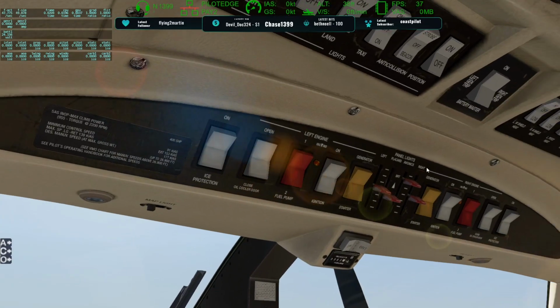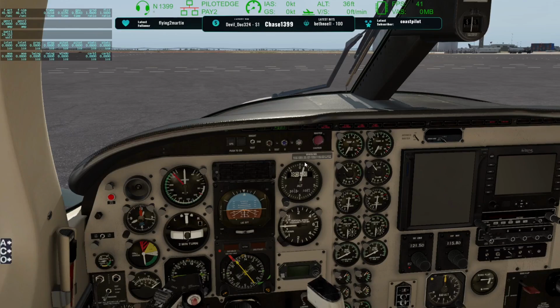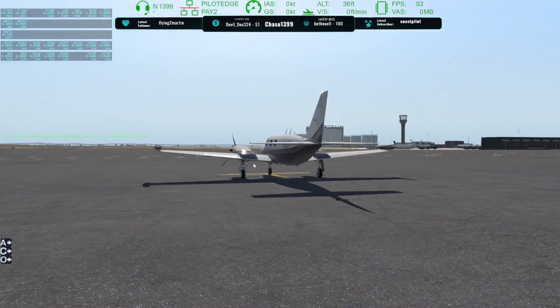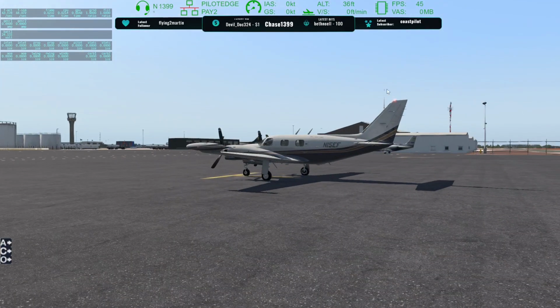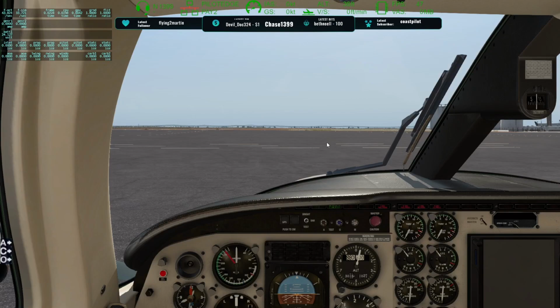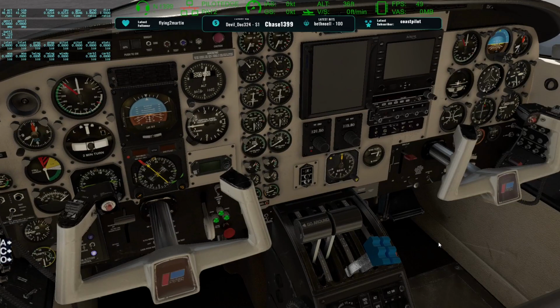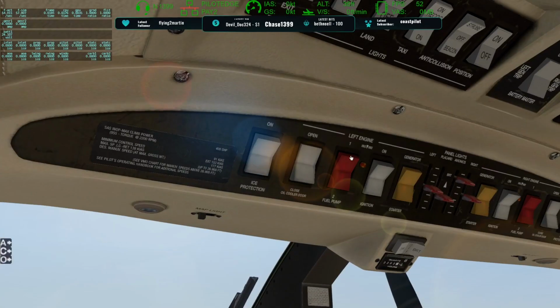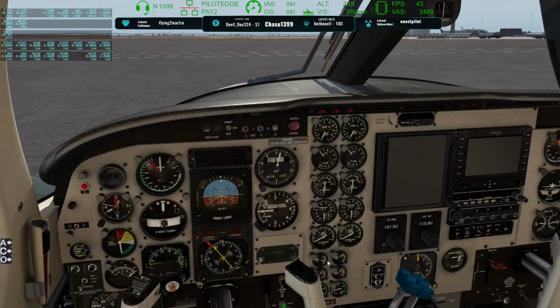Oil cooler doors open. Beacon light is probably on, right? Yeah, beacon light is on. Prop area is clear. All right, all that is good. Fuel pump, got good fuel pressure. We'll do